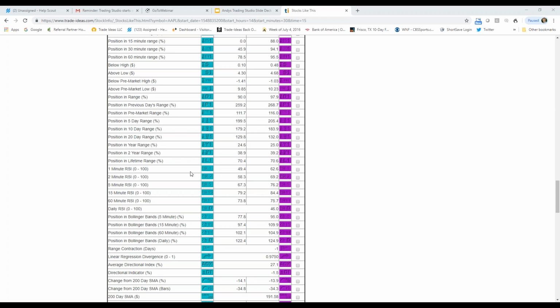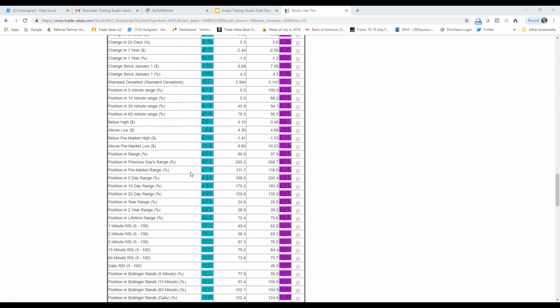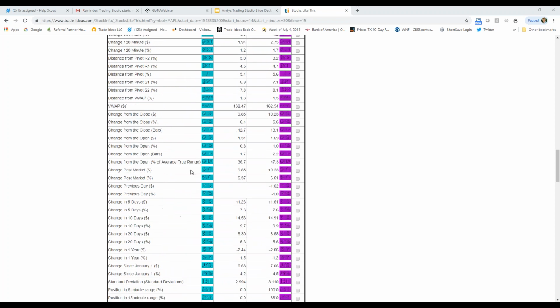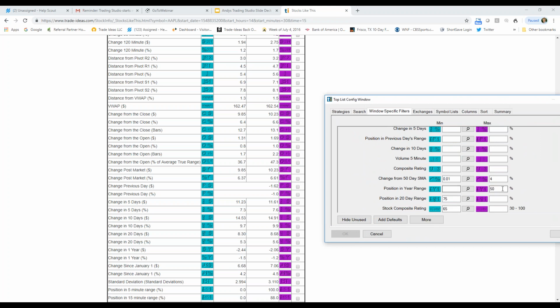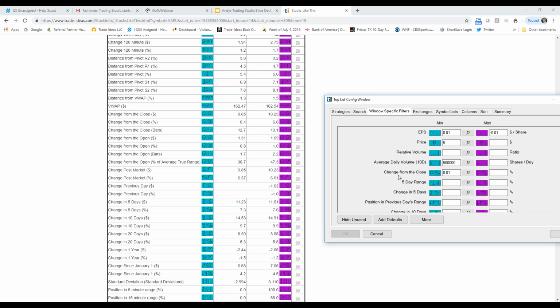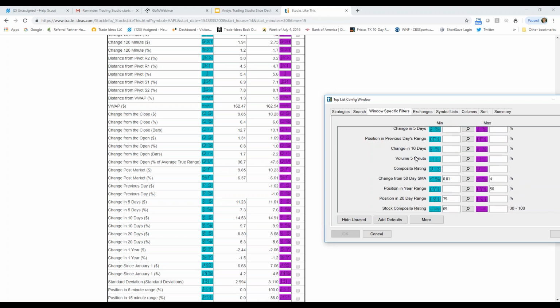And then also change from 50, obviously. Okay, we're using that 50 because I want to see the stock above the 50. So all I would do is, let me just pull this over, and you'll see what I'm doing here. Position in year range, a max of 50, position in 20-day range, a minimum of 75, and there's my change from the close, it's up, and where is my 50? There it is. All right, change from 50, I put in here, I need it above, so 0.01 in the